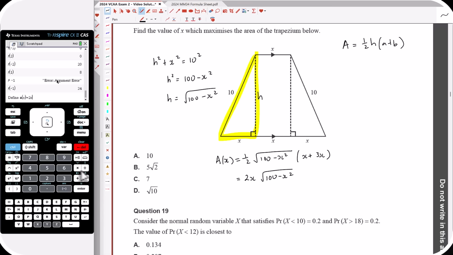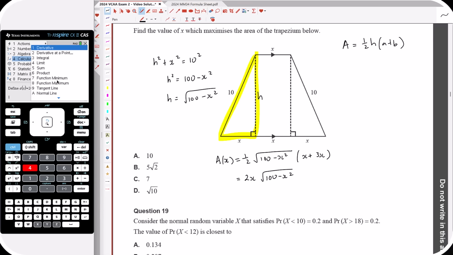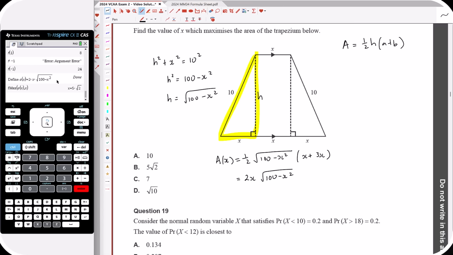2x times the square root of 100 minus x squared. It's done. I think we'll just use function max. We could grab that menu for function maximum is 8. We want the function maximum of A of x. I need to put comma x, I think, function max. Okay. All right, so